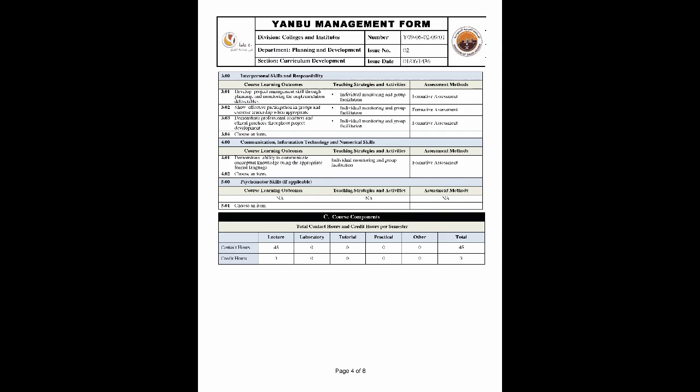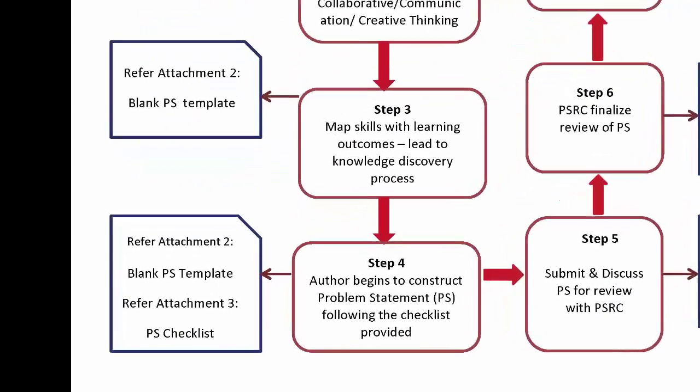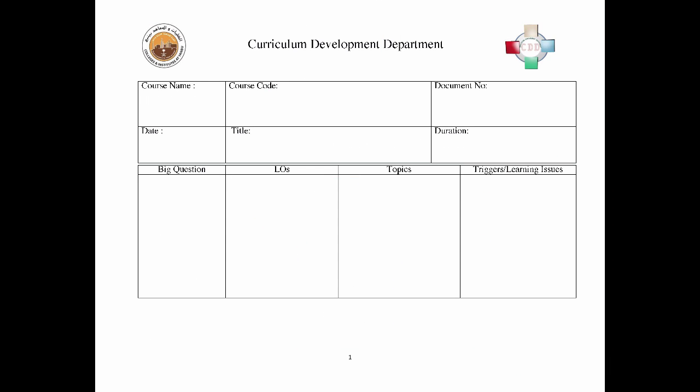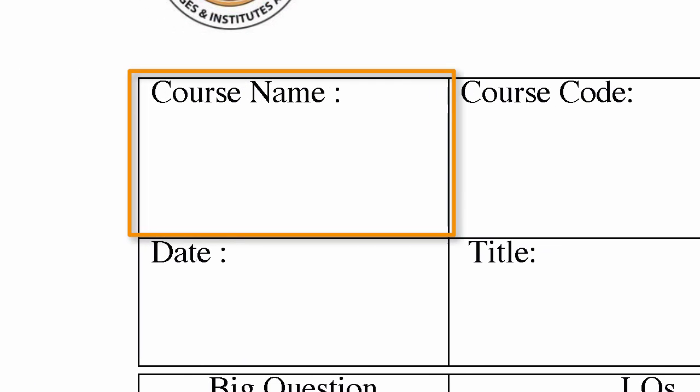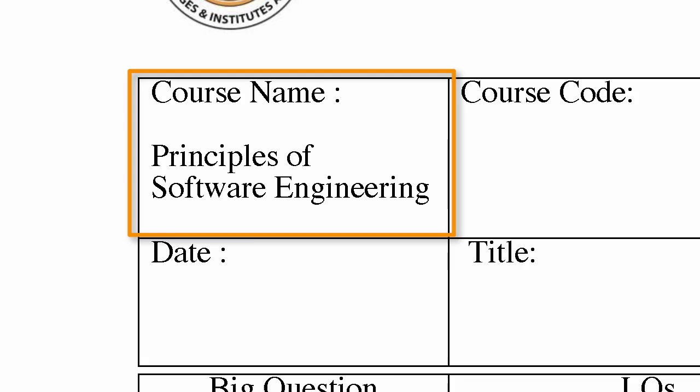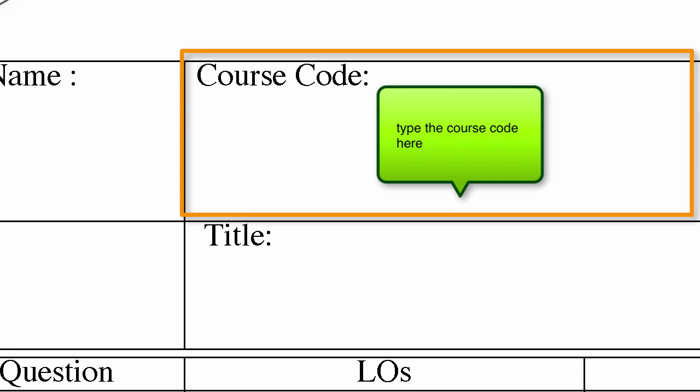domains of learning. In step 3 and 4, you need to refer to the PS template. Let's look at the blank PS template now. On the top left column, course name is where you type in the course title, for example Principles of Software Engineering. Write the course code here in this column,